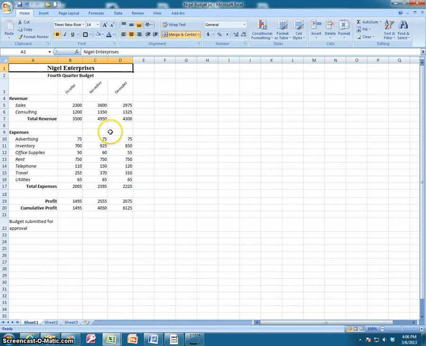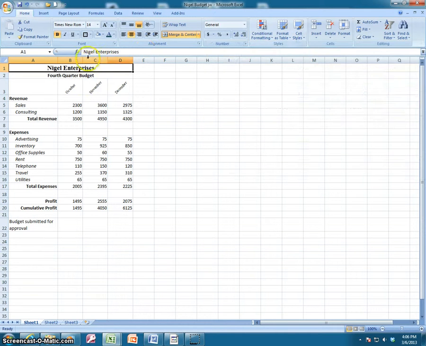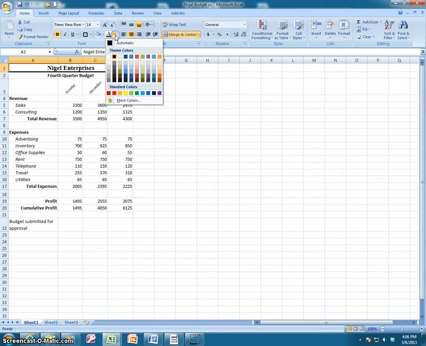All right, now we're going to work with some text formatting. And the first thing that we're going to do is come to the cell styles now and work with that in order to make some changes. But before I do that, if I wanted to change just the color of the font, I could come and,